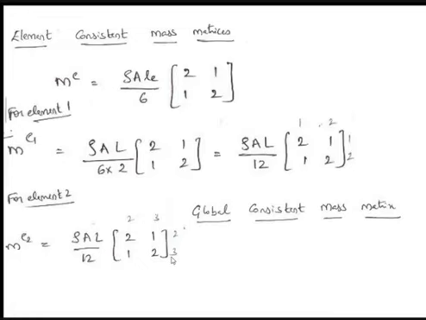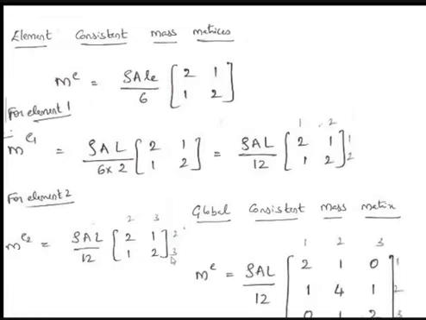Now find out the global consistent mass matrix. It will be rho A L by 12, which is common for both. So 1, 2, 3, I have nodes 1, 2, 3. Check for 1 cross 1. If you check 1 cross 1, we have value of 2. Then check for 2 cross 1, I have value of 1. 3 cross 1 is not associated, so it is 0. So I've got the first row values. Same way, write down first column 2, 1, 0. Next important one is 2 cross 2. If you observe 2 cross 2 value over here, it is 4.